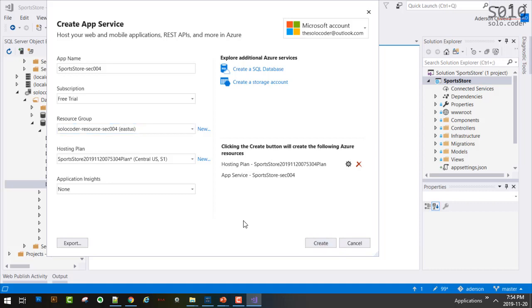So I'm just going to hit create now. Again, the only thing that I changed here was the app name, I made it shorter. You may want to do something similar. And I kept the hosting plan, the name that it has given to me, and I selected the resource group. Okay? Don't create a new one. Use the same resource group that you have created before. Click create, and let's wait. It takes a little bit, because again, the files are being sent. Not only is it creating the new application, but your files, your whole project, will be sent to Azure.